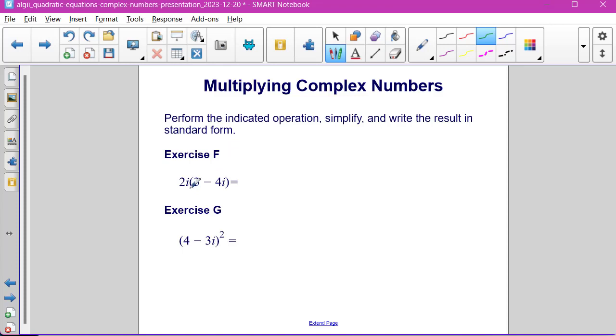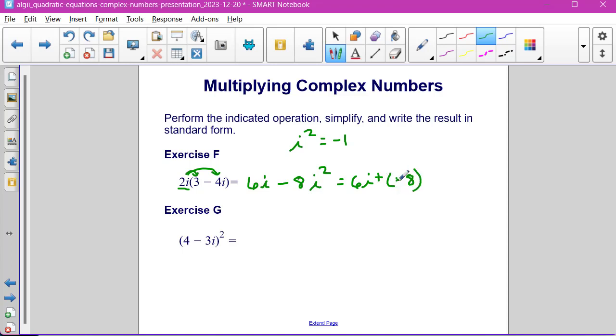Our first one, exercise F, mimics multiplying a monomial times a binomial. And we're going to use the same properties. We just have to remember that i squared at the end is equal to negative 1. So let's take the 2i that's out in front and distribute it through. When we do that, we will end up getting 6i minus 4 times 2 is 8, and then we have an i squared. Well, i squared is negative 1, so we have 6i minus negative 8,